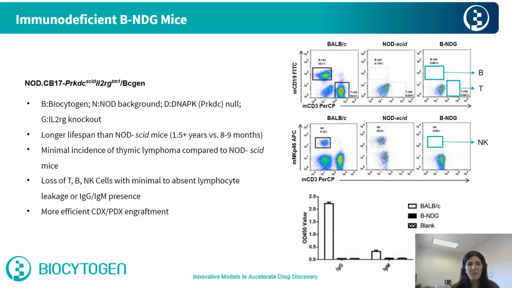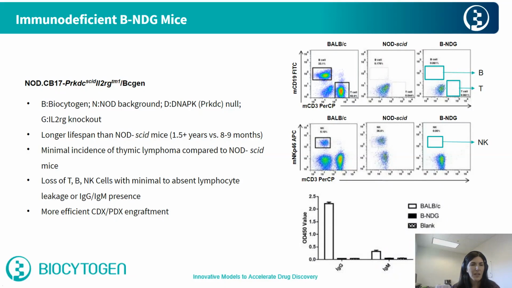which is involved in VDJ recombination, and they also have mutations in IL-2 receptor gamma, which is obviously a key cytokine receptor critical for development of functional lymphoid and NK cells. So owing to these additional mutations, compared to the NOD-SCID predecessors, these mice have a longer lifespan and minimal incidence